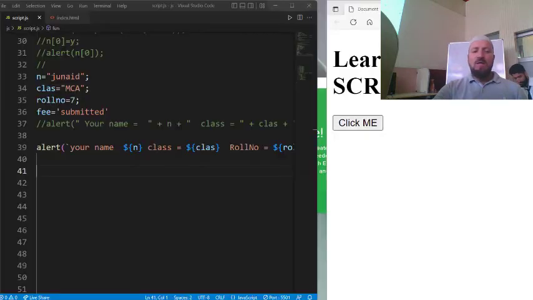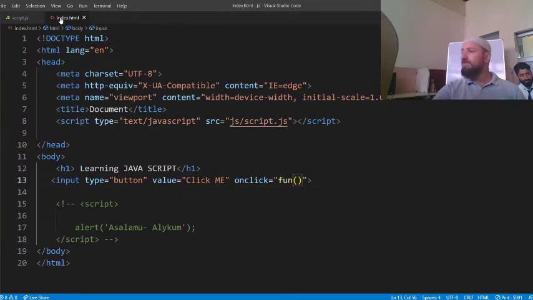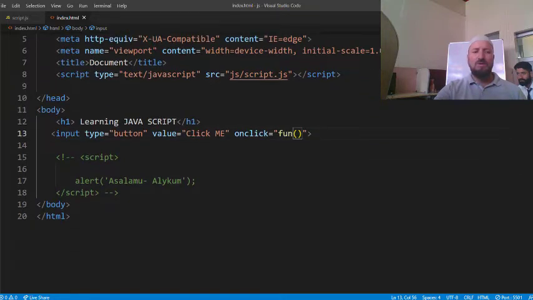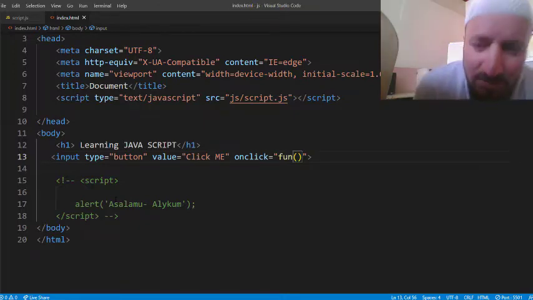Okay? So now what we say here is, I go to the HTML. Yes, there are a lot of things. Now we are trying to build a responsive website. Your site has to be responsive. Your site should work on a mobile phone, on your tab, on a laptop, and on a big screen too. So that means